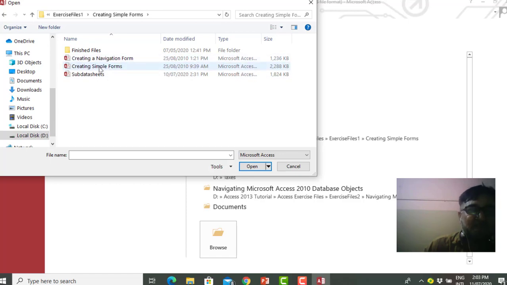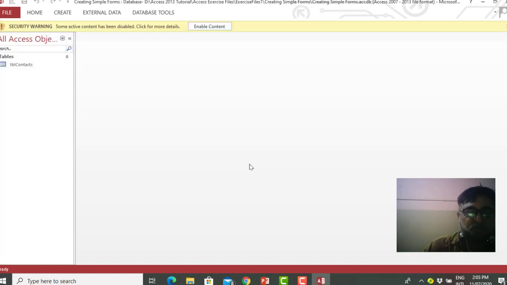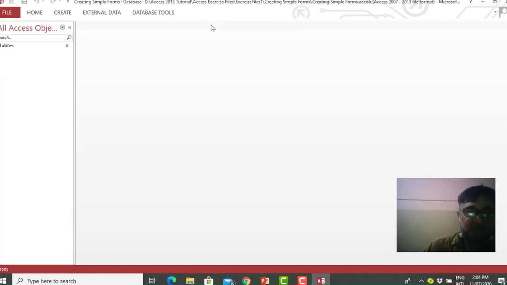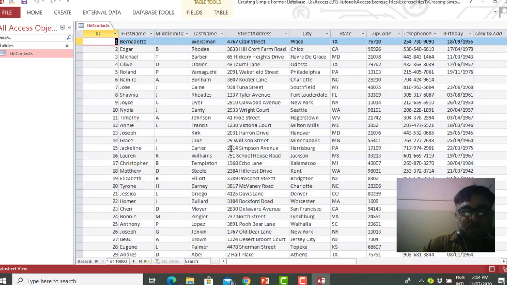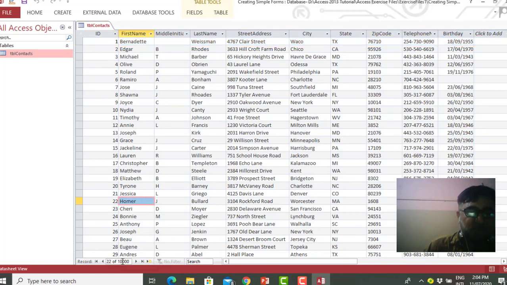So we have to open this Creating Simple Form database. Open, enable content, table contacts. As you can see, there are many records in this database. To be exact, there are 10,000 records in this tblContacts.